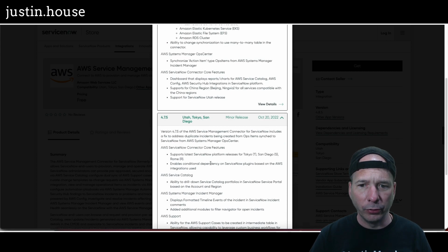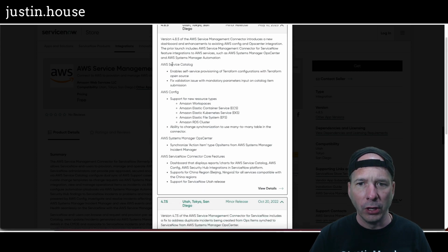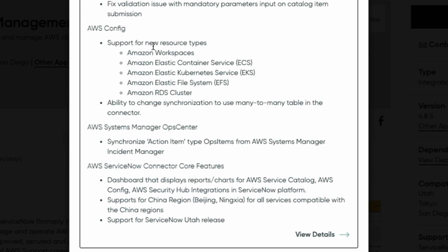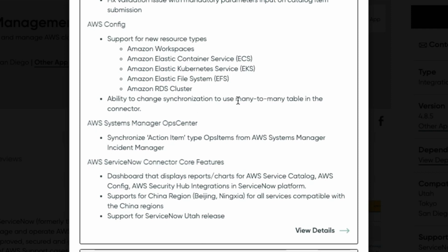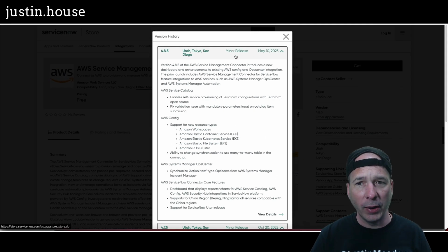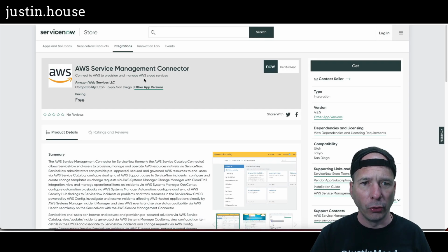Enable self-service provisioning. Yeah, so let's run through this. It looks different. Terraform configurations with Terraform open source fixes a validation issue, AWS Config support for new resource types, and ability to change synchronization to use many-to-many table. AWS Systems Manager OpsCenter and AWS ServiceNow Connector core feature. So big release. They say minor release, but lots of changes and fixes and enhancements from the folks at Amazon